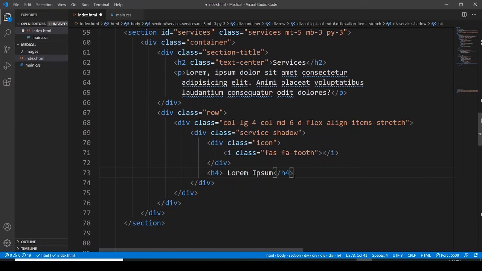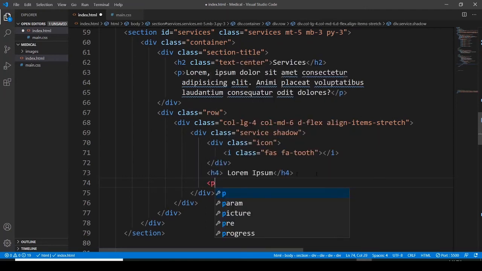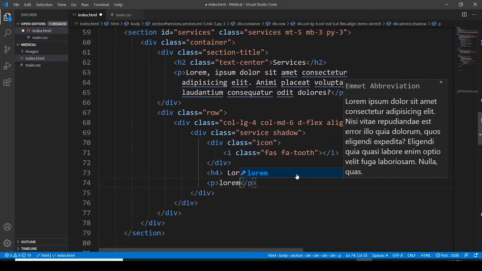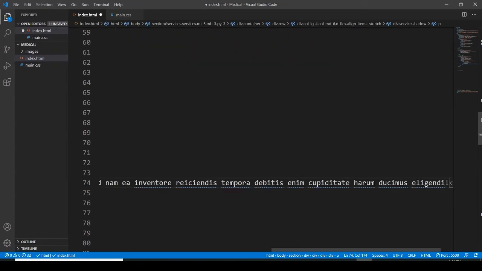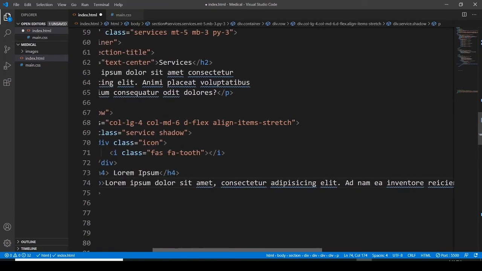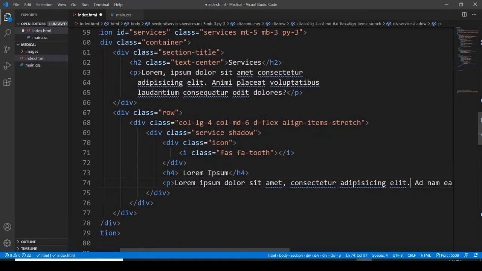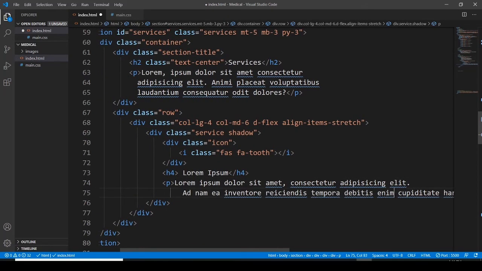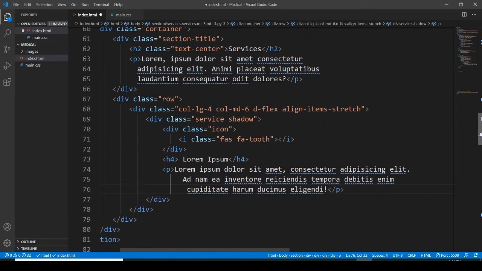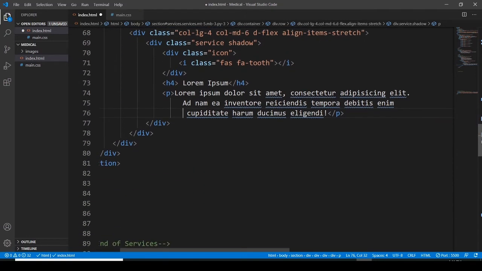Next one is a paragraph, and there should be 20 words. Let me break it again. Okay, and then after the paragraph,